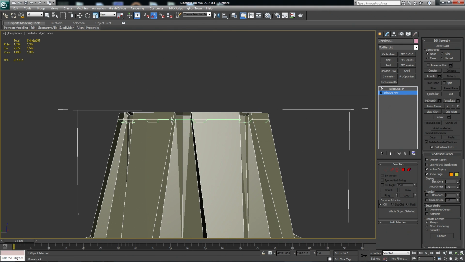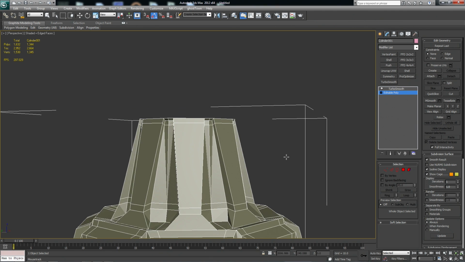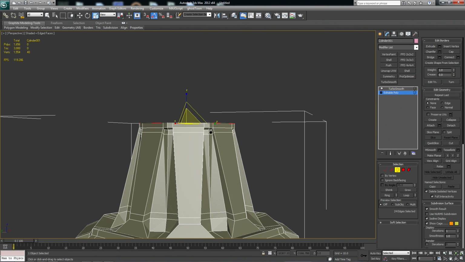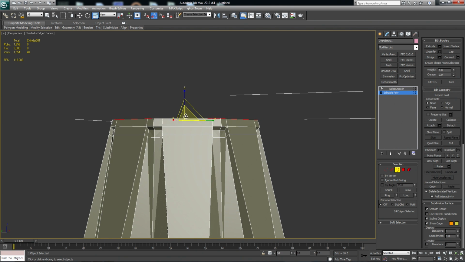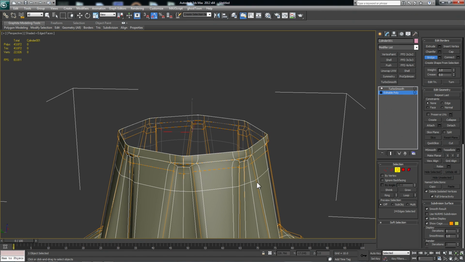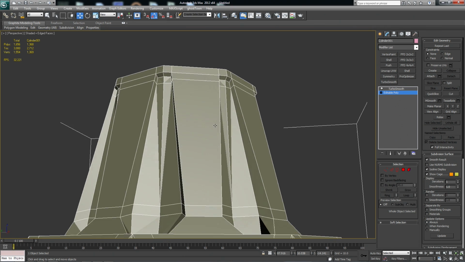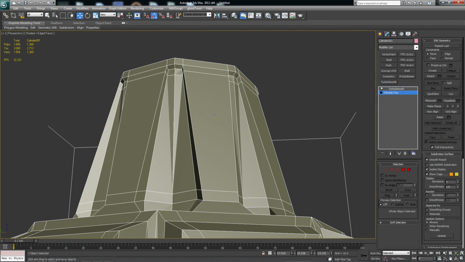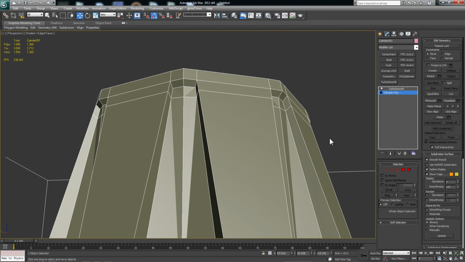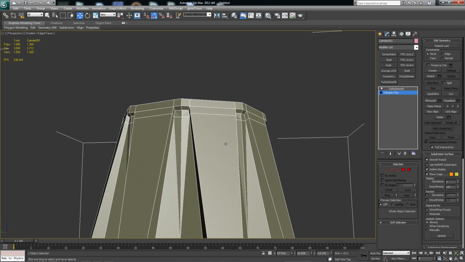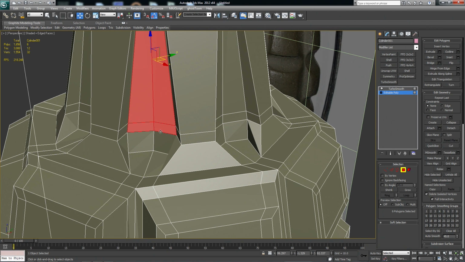Okay, now let's add a Swift Loop at the top and shift drag another edge loop above our new details. You might have noticed that we have the same octagonal problem here that we had on the bottom. Fixing this is a little tricky because any adjustments we do will need to also apply to the other insets around the model. One solution is that we can select one cluster of polys and then detach it as a